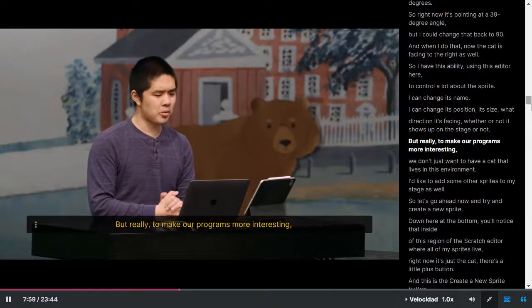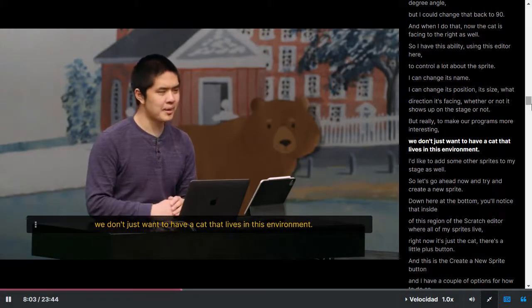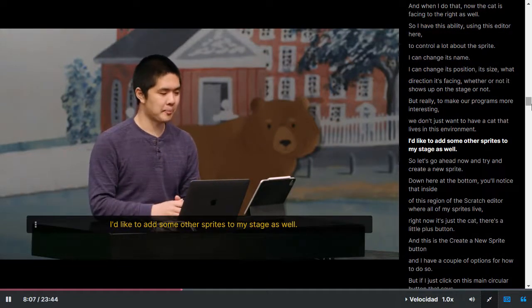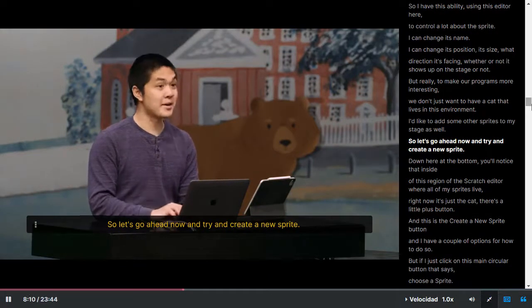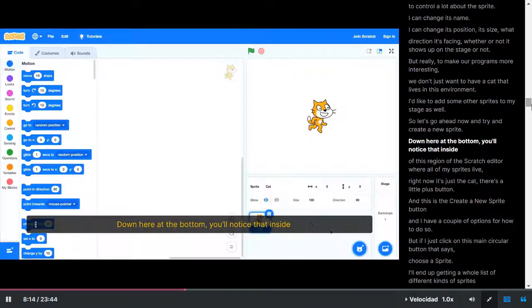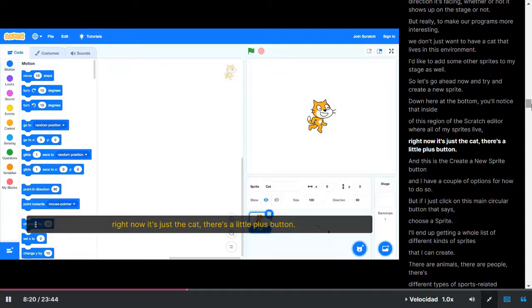But really, to make our programs more interesting, we don't just want to have a cat that lives in this environment. I'd like to add some other sprites to my stage as well. So let's go ahead now and try and create a new sprite. Down here at the bottom, you'll notice that inside of this region of the Scratch editor where all of my sprites live, right now it's just the cat,